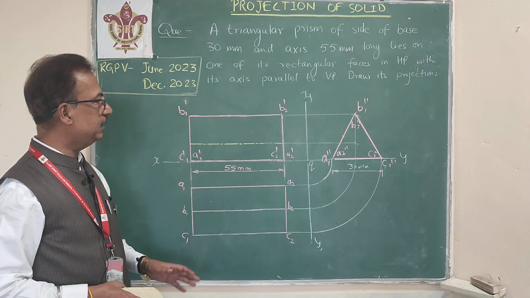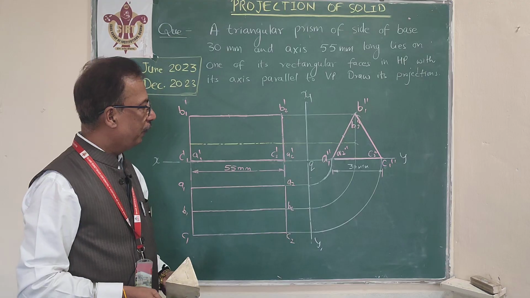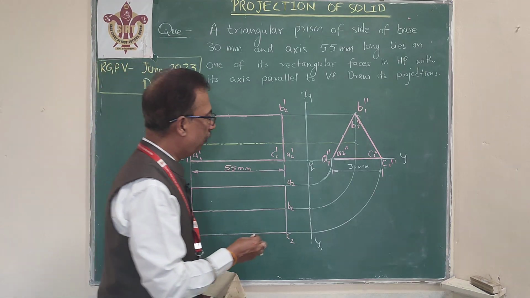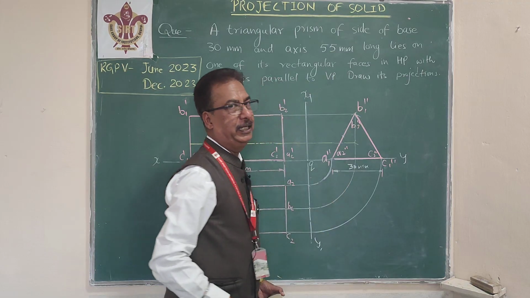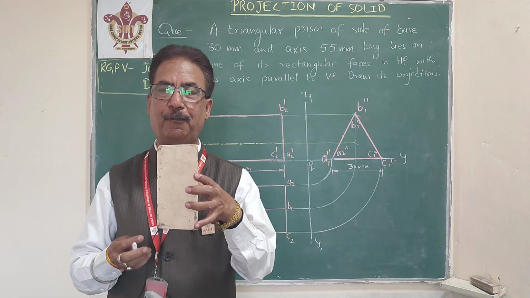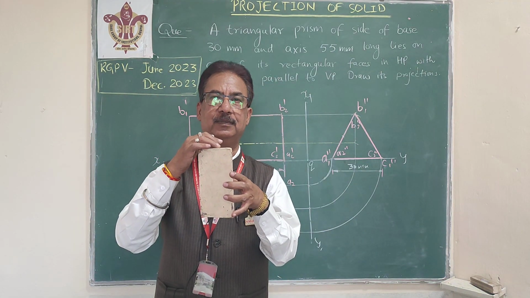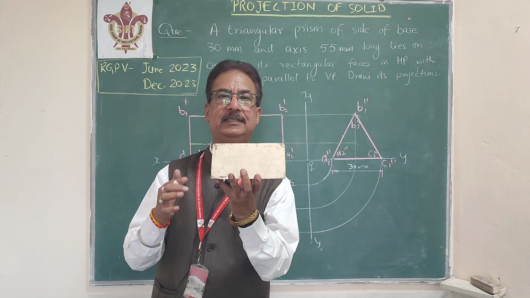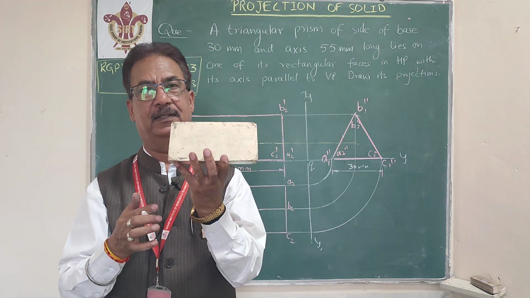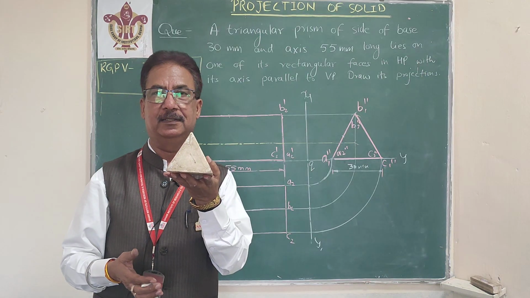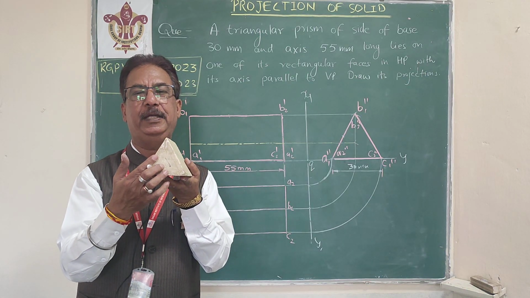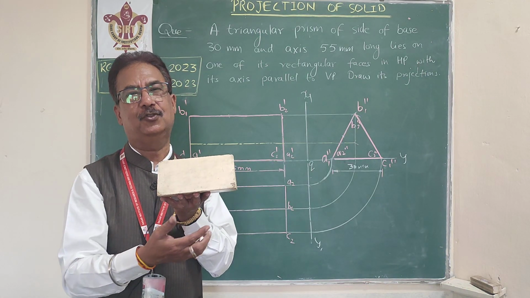So this is one of the simplest problems. One of the interesting parts about this problem is that it can be started in all three ways. I can even start from the top view, draw the triangle, and in the second stage lift it like this, and we will get the solution. Or if I start like this, with the axis perpendicular to VP, then I will move it like this. So that is the solution.